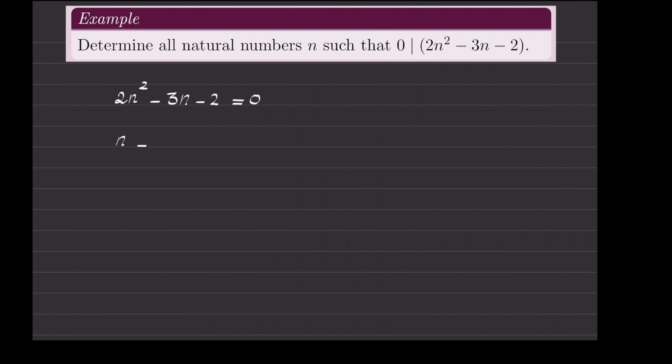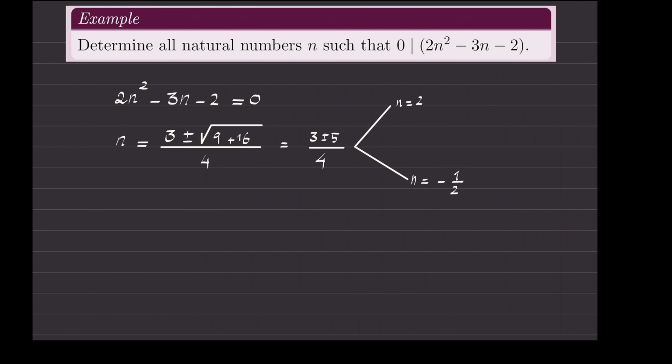I just use the ABC formula, for example, to solve this quadratic equation. So n becomes 3 plus or minus the square root of minus 3 to the power 2, which is 9, and then minus 4 times this times that becomes plus 16, divided by 2 times the coefficient a, which in this case is 2, so 4. Then 9 plus 16 is 25, so it becomes 3 plus or minus 5 divided by 4. Then I will have two options for this equation. Either I choose the positive sign, so it becomes 3 plus 5, 8 divided by 4, which is 2. And then I choose the negative sign, and it is 3 minus 5, minus 2 divided by 4, minus a half.